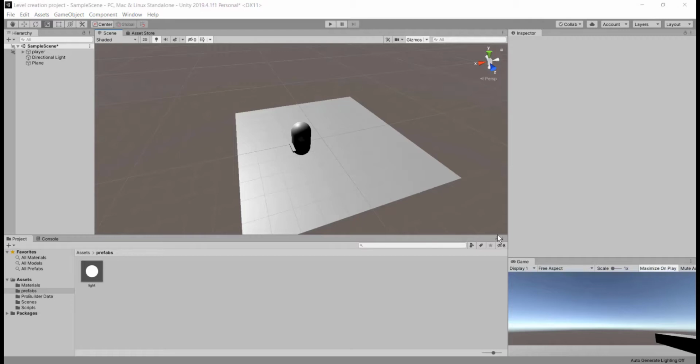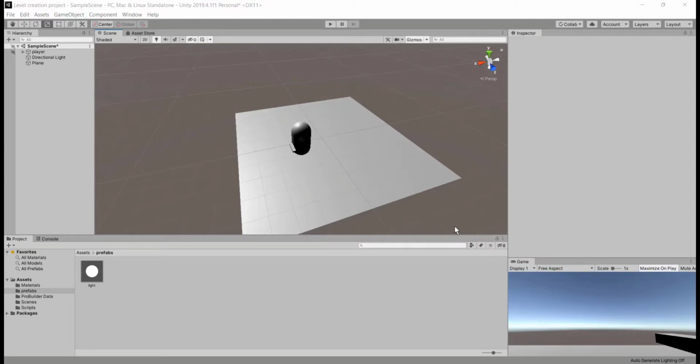You can edit your level within the Unity editor itself and playtest it without switching back and forth between different software. And ProGrids is another tool that can be used to snap objects within a grid system inside the Unity editor.